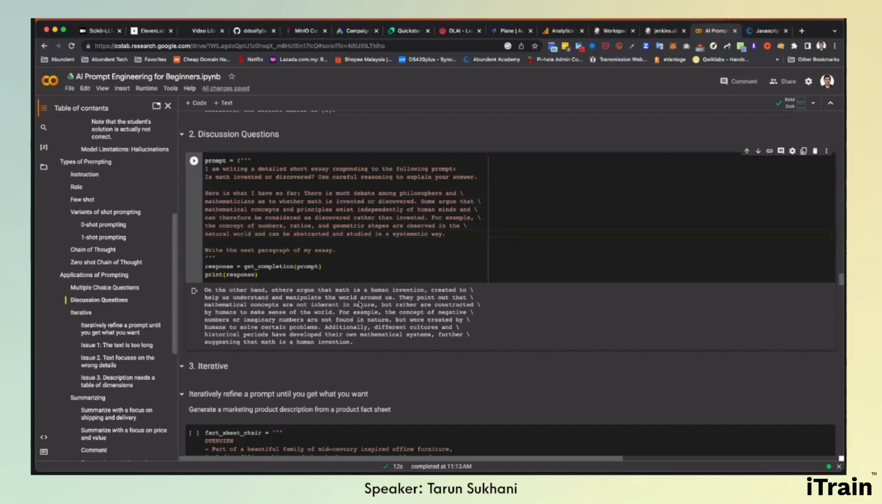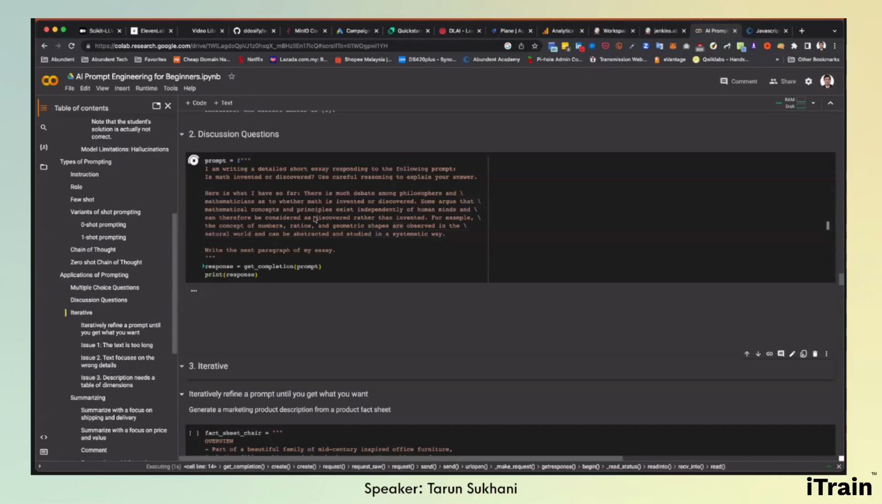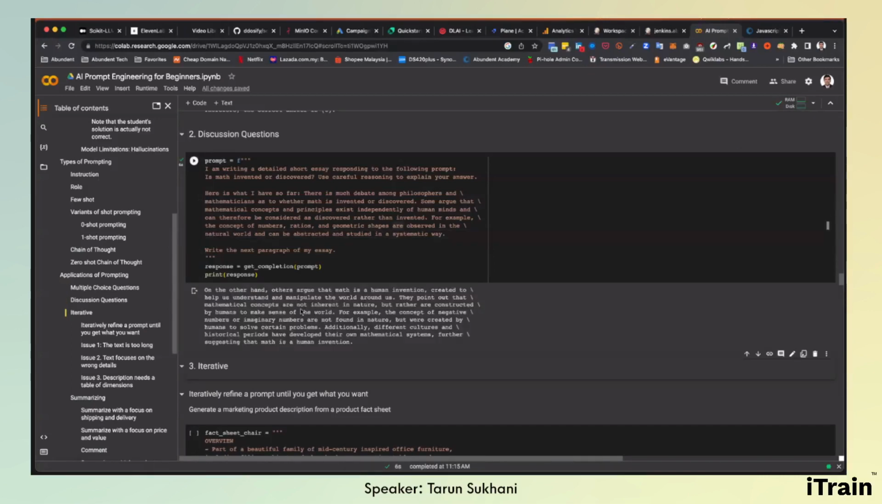So here it's going to write the next paragraph in a consistent style. In this paragraph, I may be taking one side, and then in the next paragraph, it then takes the other side, right? It knows that it's supposed to continue with the argument itself, right? Okay,